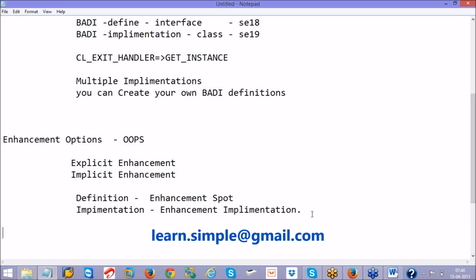Again, some more points to add here. There is something called enhancement point and enhancement section.